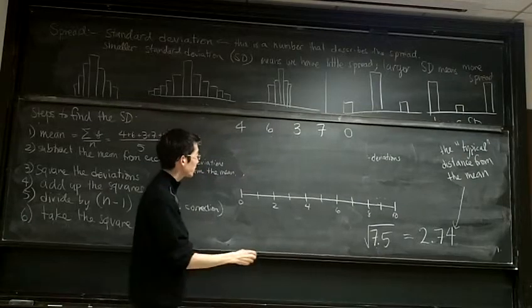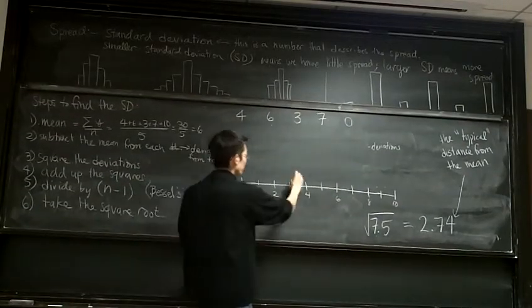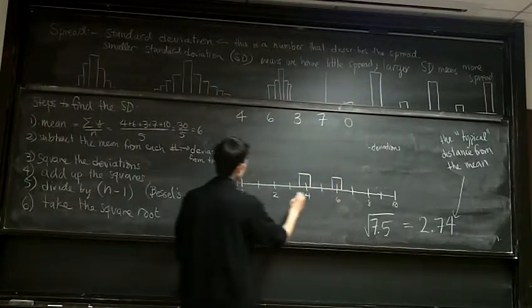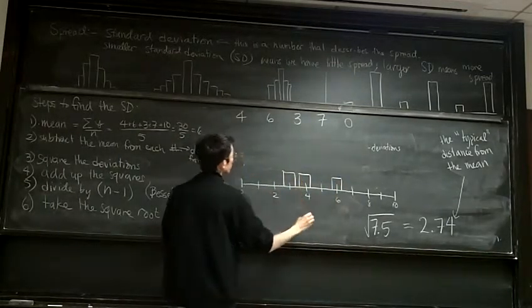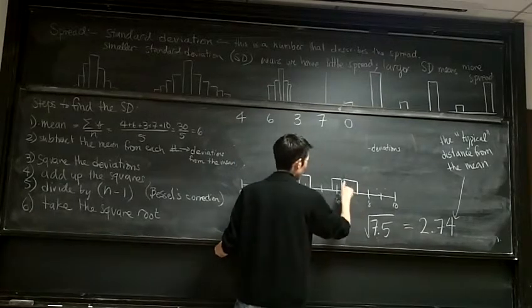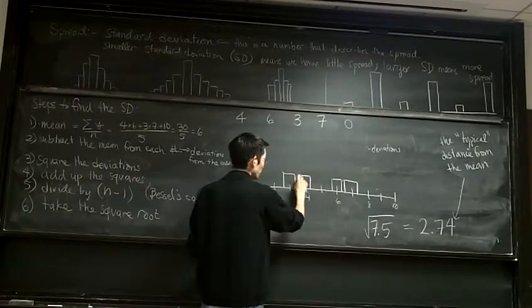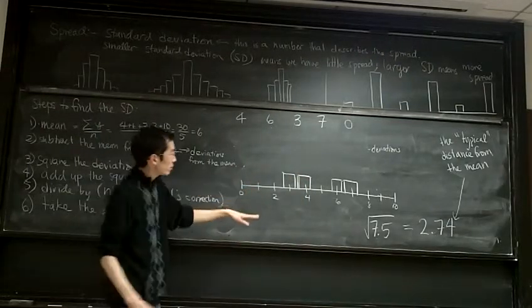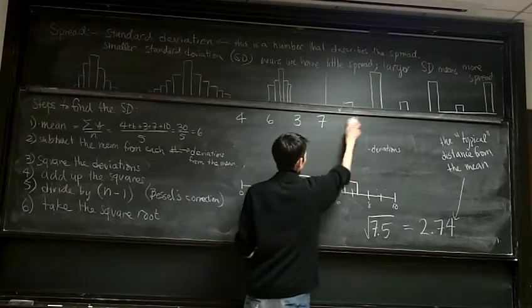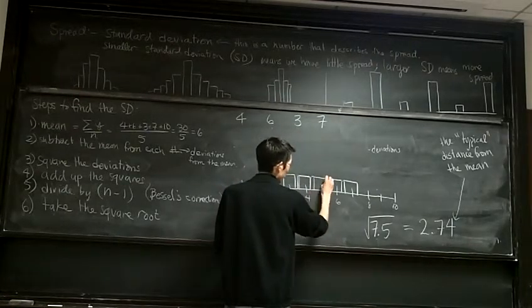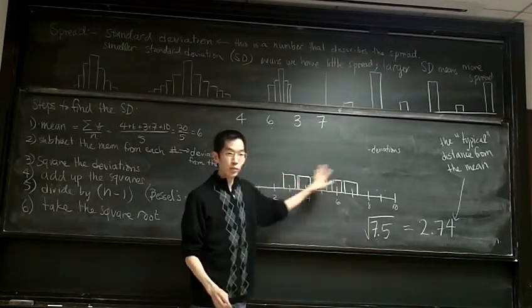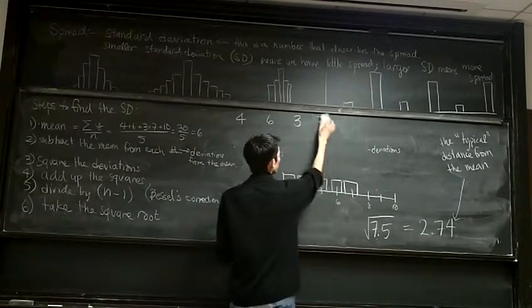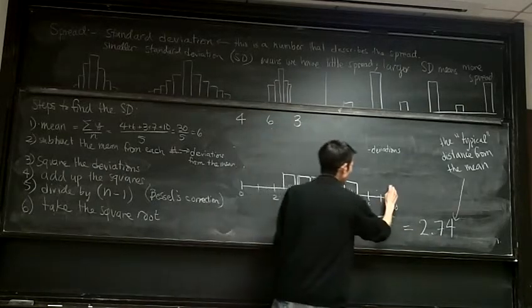So right now, if I created a histogram on this, I would have a bar at 4, a bar at 6, a bar at 3, and a bar at 7. Actually, these would be touching. If I put in 5, so we had 4, 6, 3, 7, and 5, I would have a bar right here, and you can see that the numbers are all kind of close to each other. But if instead of 5, I put in 10,